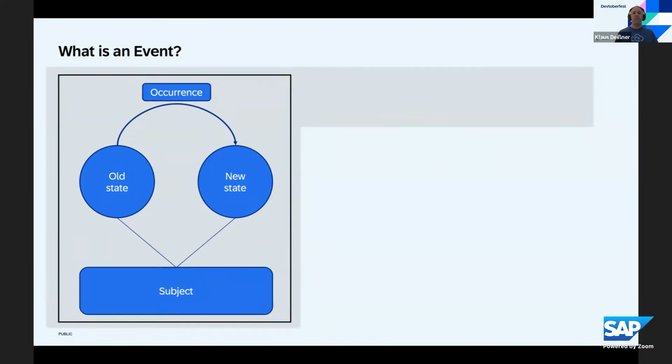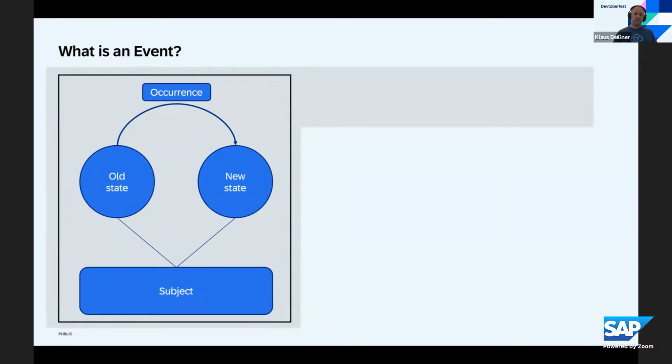And start maybe with what we think of when we talk about events, also in the CloudEvents community. So this looks very abstract, but it's a nice mental model if you think of events. So usually you have something we call an occurrence. Something occurred to something, the subject of the event, you could say. So this subject changes usually its state from old to new, or at some point in time, the state is just red, and that's then the new state.